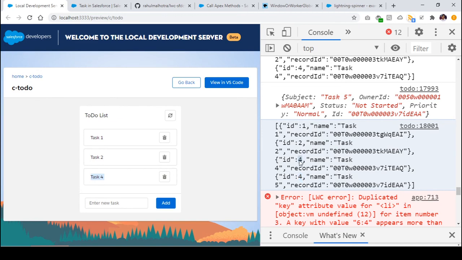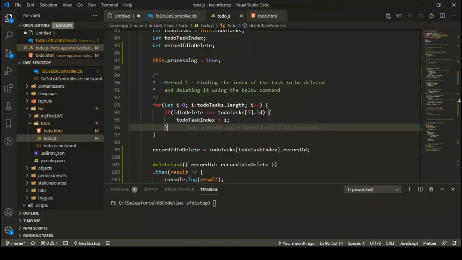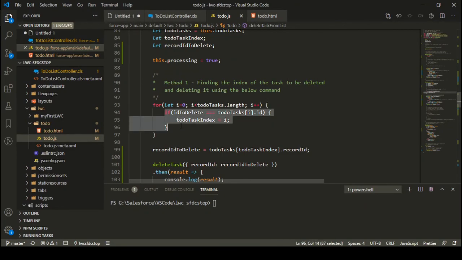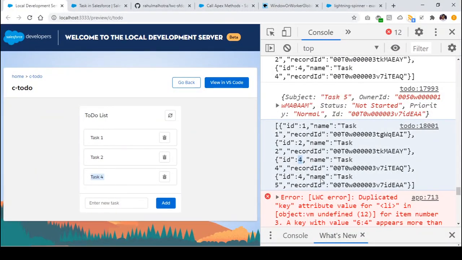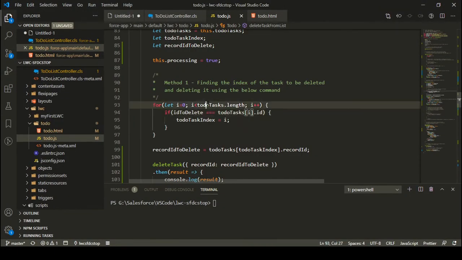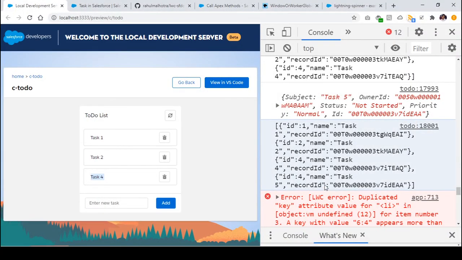But if I wanted to delete this particular record, my condition was true for both, and I'm still getting the index of the last record, because this loop will run until it has covered all the to-do tasks, right? So it is getting the ID of the last record and it is again deleting the last record. It is not deleting the record which it should delete, right?